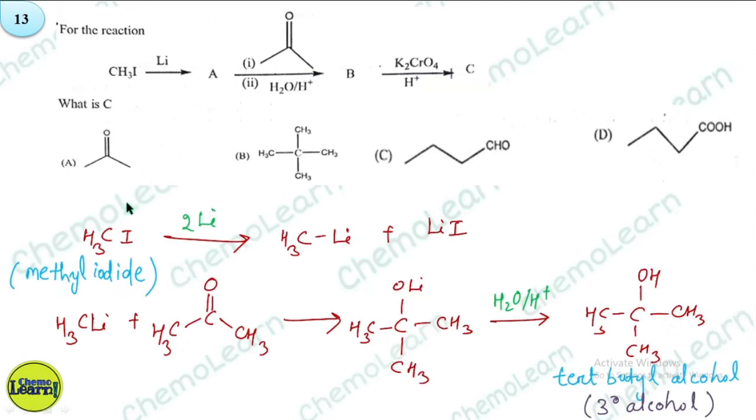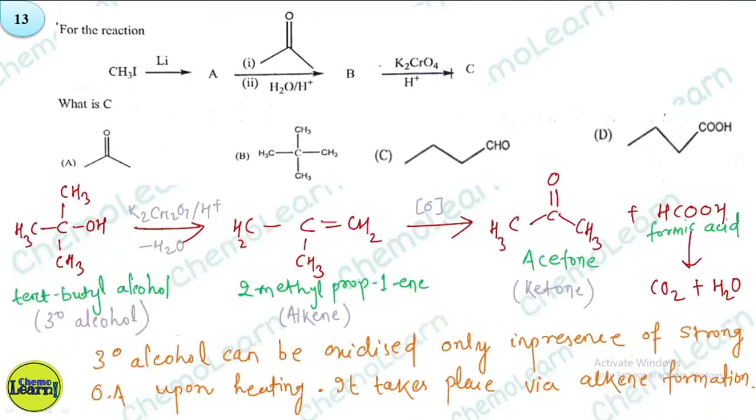So, in the first step, we are treating methyl iodide with lithium. Okay. So, we can get CH3Li, methyl lithium, an organolithium compound, and upon treating with acetone, a ketone compound, it will form an adduct, and upon hydrolysis it forms tertiary alcohol. Okay. And you know, tertiary alcohol can be oxidized only in presence of strong oxidizing agent, and that too